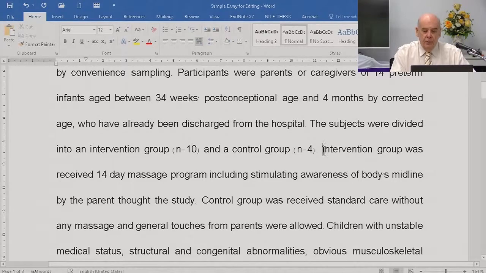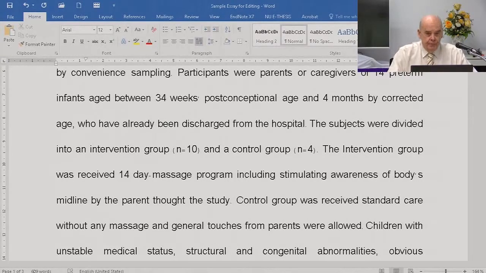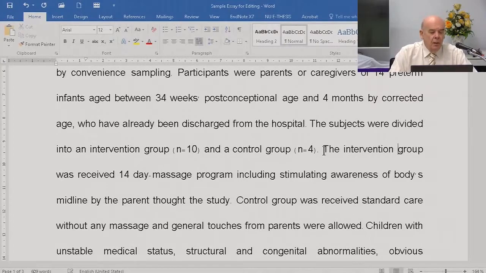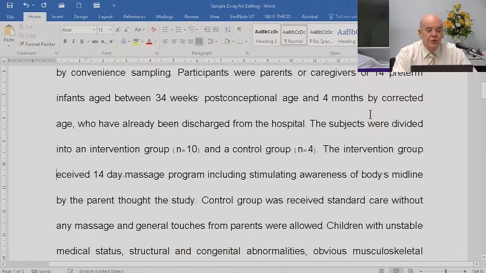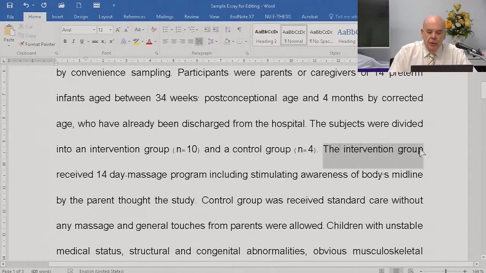Now, not only can you, but you should refer to these groups as the intervention group. No, the intervention group received. Straightforward subject verb structure. The intervention group received